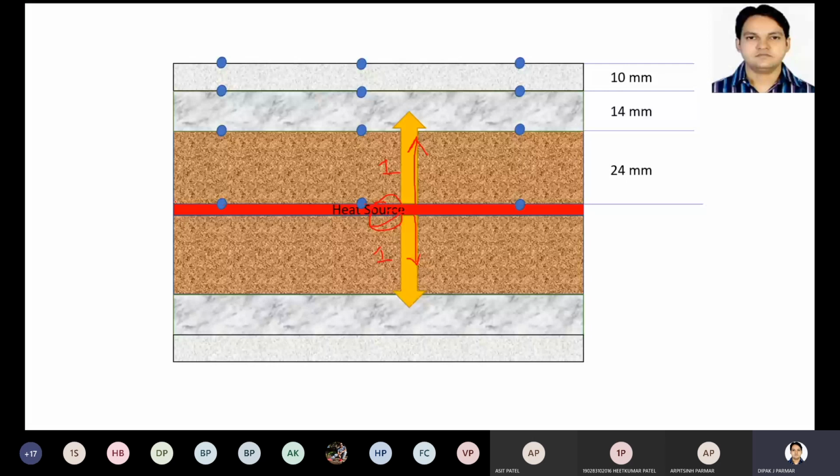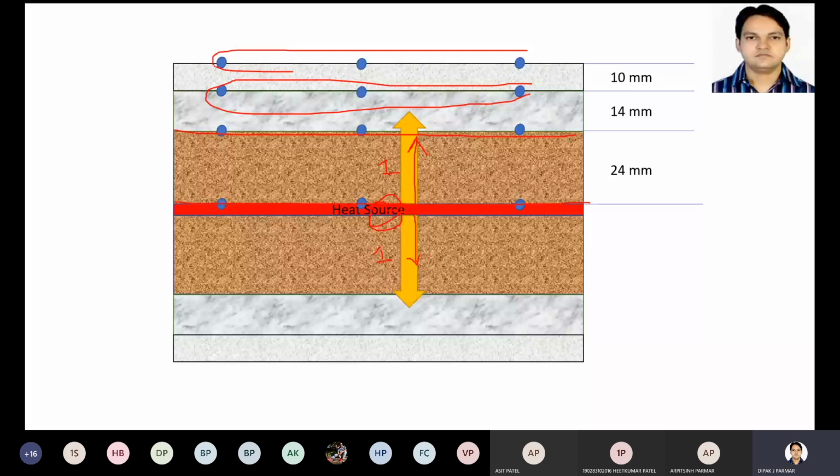Obviously this surface will have the highest temperature as it is connected to the heater. Here we have 3 thermocouples attached, and we will measure the temperature of these 3 thermocouples. Then at the opposite side of this wall, again 3 thermocouples are connected. We will measure the temperature here, then again this temperature and this temperature. Our setup is such that T1, T2, T3 will be the hot surface temperature. T4, T5, and T6 will be the opposite side.